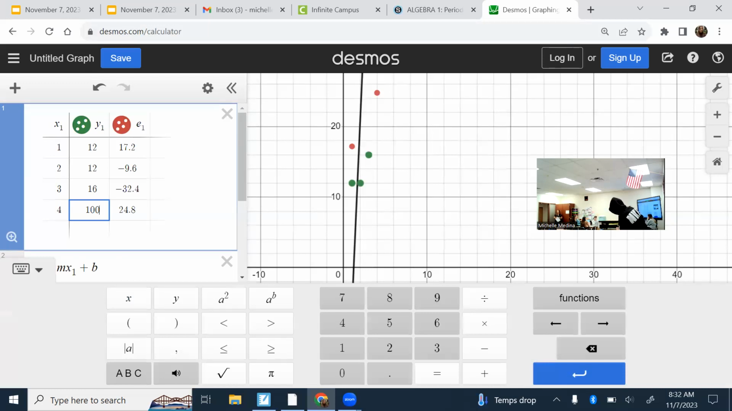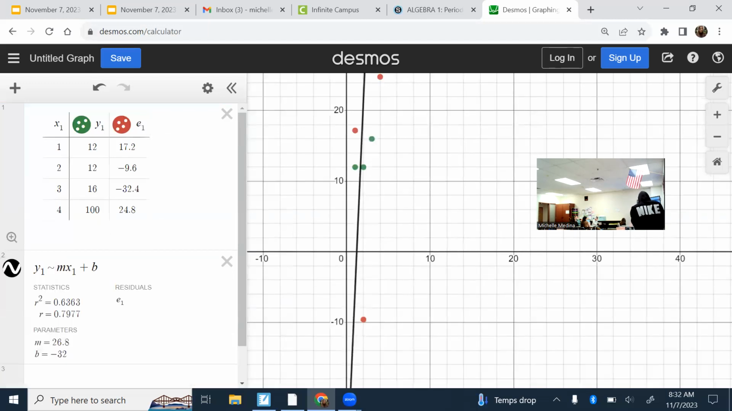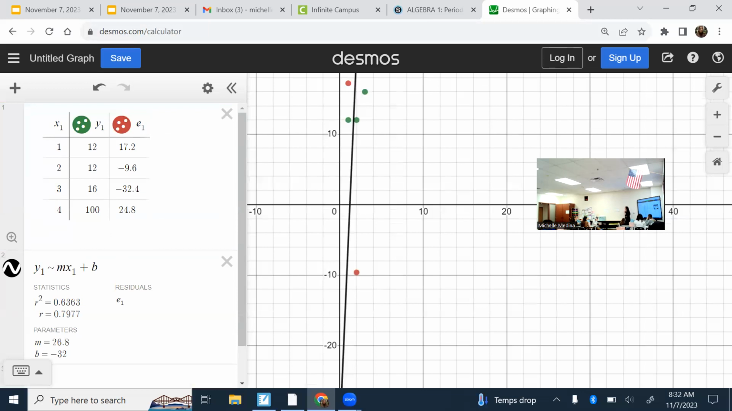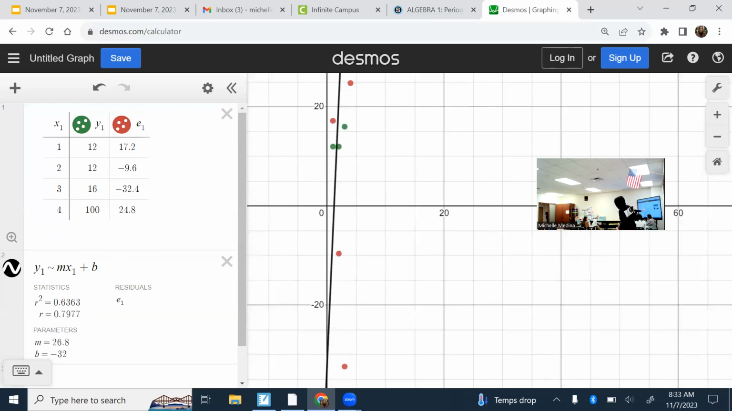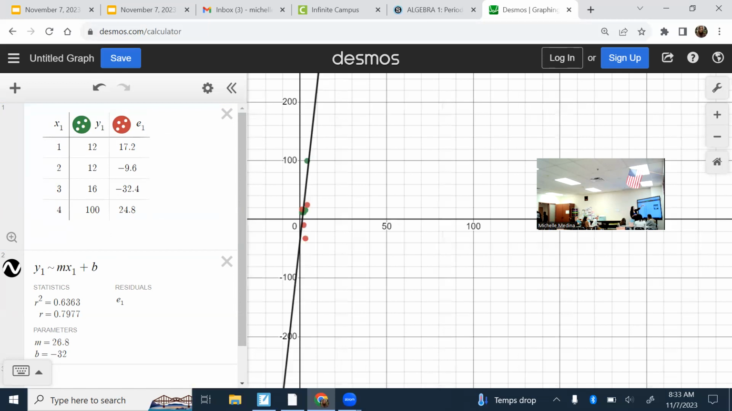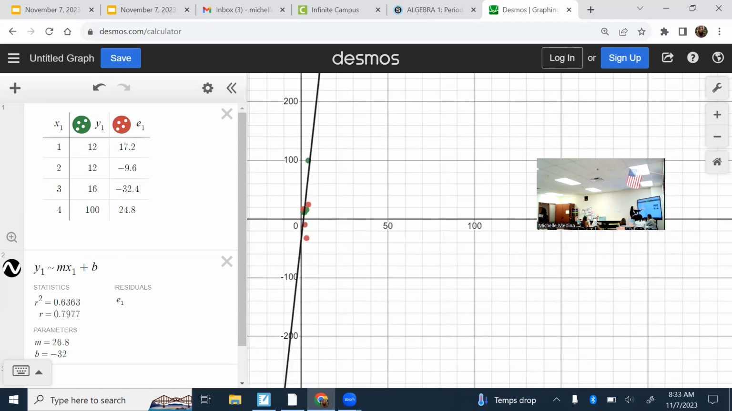All right, but look at how this changed. So I changed that data point of, I forget what it was, 19 to 100. First of all, do I even see my residual dots around as much? Do I see all 4 of them? No, because one of my residuals, 24.8, I can't see that far on my y-axis unless I zoom out. Also look at my linear fit compared to the green dots. Now I have a green dot way up here. All right, so you can see,